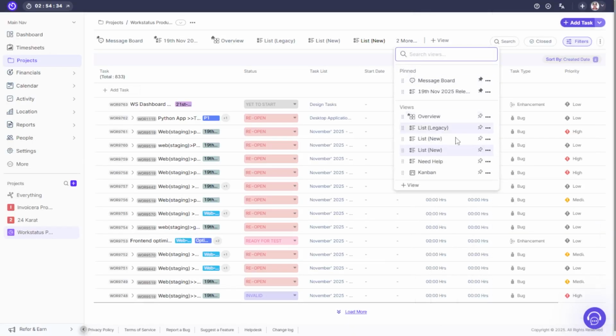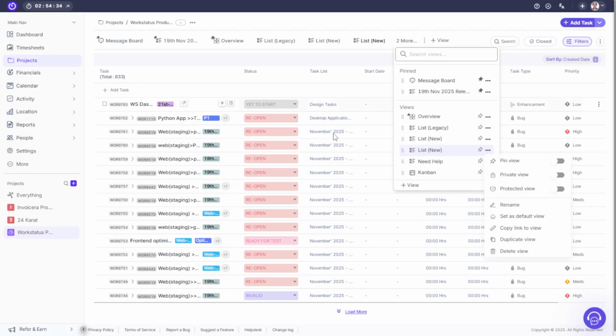So click on this again, and since you are here, it is going to highlight it like this. You can click on these three dots. Now you can rename it, make it the default, duplicate or delete it. You can also make this a private view, which means whenever anybody lands on this specific project and sees the list of views, they will not be able to see the view that you just created for yourself. It will only be available for the person who has made it, in his login.